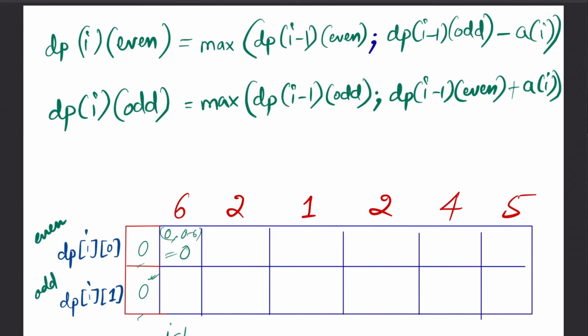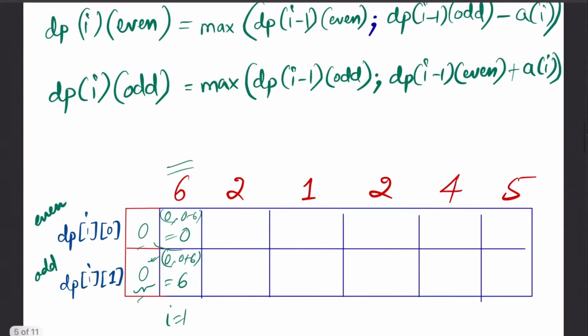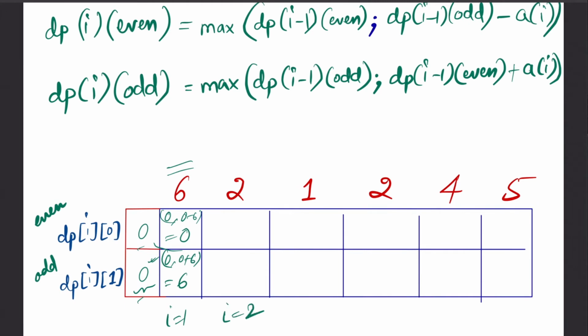Similarly, let's see what is the maximum odd value that I can take. I either take a previous odd value, or what is my option? I either take this even which was 0 and add my current value 6 here. Those are the two options that I have. So the maximum is 6. So that means I can always take an odd length of 6 here, which is the maximum sum that I can have here. Next, quickly fill for I equals 2. So what do we have? I either take the previous best that I had, or I simply use the odd length and I subtract it from here. So that means I can always make an even length of 4 here.